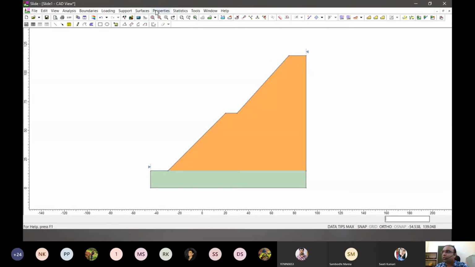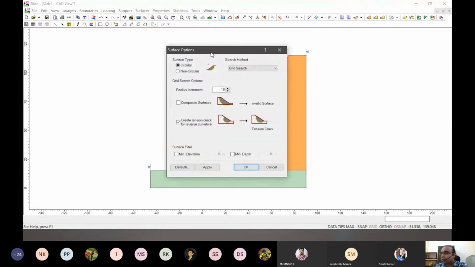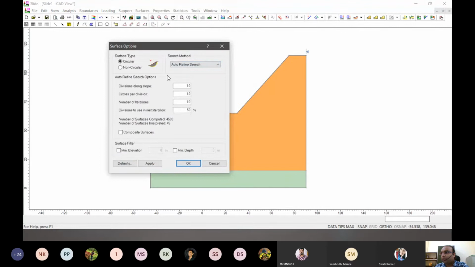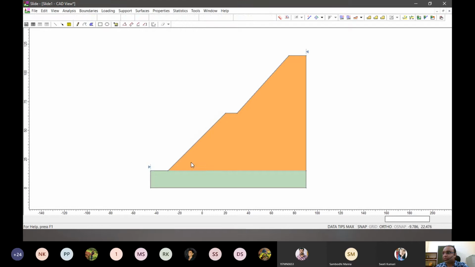In place of grid defining, we can do auto grid, or go to surface options and choose the auto refined grid that we did last time. Auto refined grid changes the centers with respect to the algorithms it uses, based on how the factor of safety changes. Last time we had this exercise done, so let's use that as well.